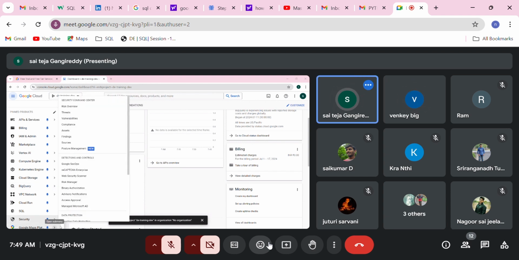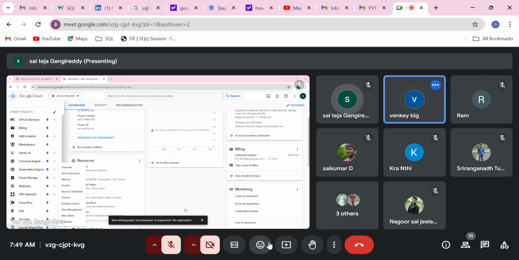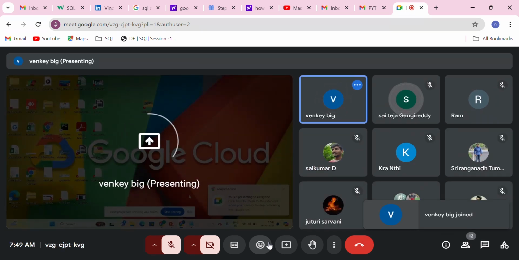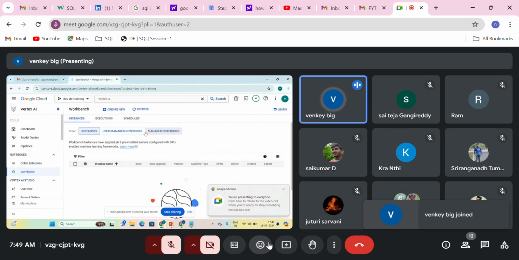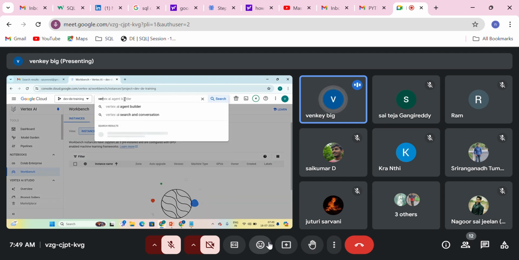So first and foremost thing, you need to create the project. And the next thing is you need to create the Linux machine to connect with the Google Cloud platform, or to work with different services in the Google Cloud platform. I don't want to create it now because it will add some charge. So once we are in that concept, we will definitely experience that. But different services, I'll show you all the services that we are going to cover.